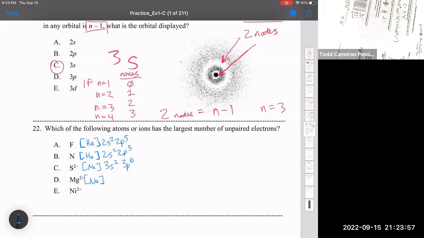And then with nickel 2 plus, nickel is right here. Nickel has an argon core, and it's 4s2, 3d8. With this one, I'm actually going to draw this out just to show how we would do this. So nickel by itself is argon 4s2, 3d8. And then to make it 2 plus,